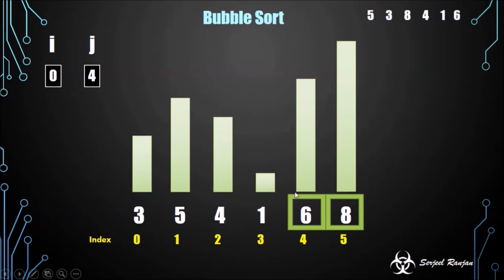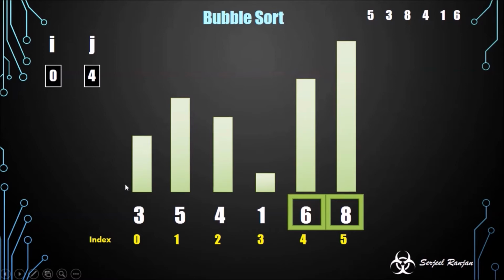In our case, you can see 6 is by default in its place, but if it was not, after the second traversal, the 6 must have come to its respective place. After the third time when this window traverses, this 5 will come to its respective place, and so on, the sorting will be done. So try to guess how many times this window should traverse over this array to keep all the elements in their respective positions. Let me tell you, it has to traverse 6 times.